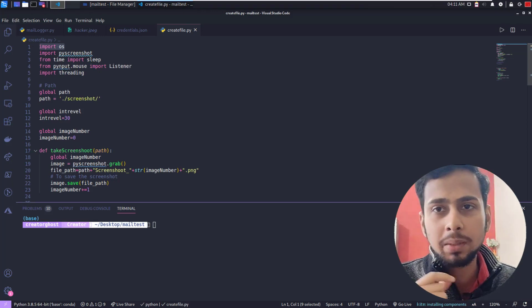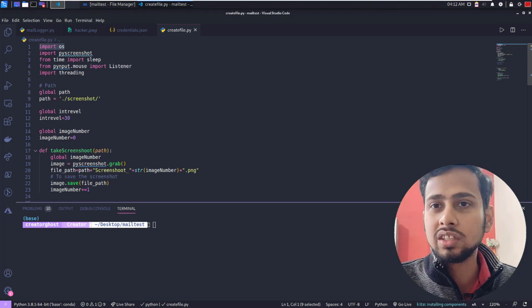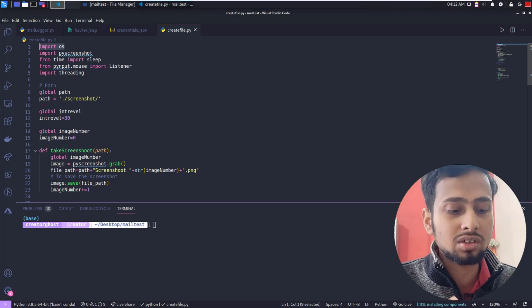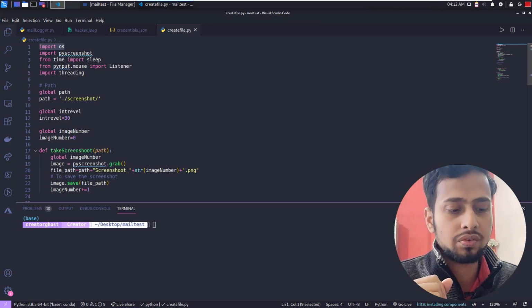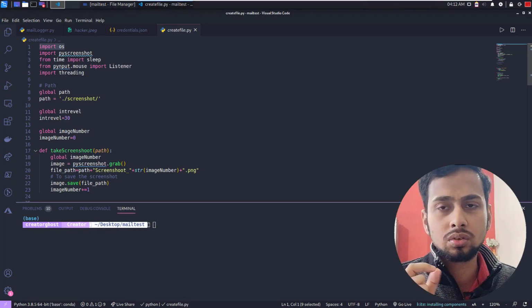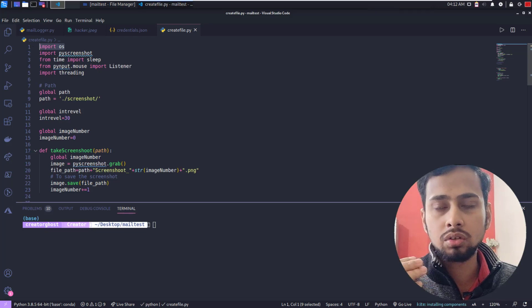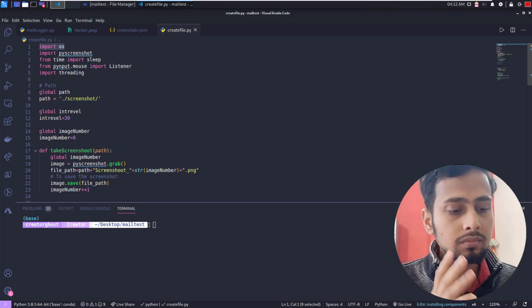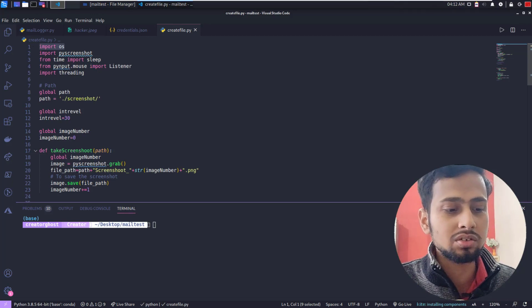Then we have imported PyScreenshot. In Python, it has been made very easy to take a screenshot. You just use this library and you can capture a screenshot. Then I have used from time import sleep, that is just to pause our code if we want to delay the screenshot. Let's say we want to take a screenshot every 5 minutes or every 10 minutes. We can use the sleep method, sleep till then, and once the time is there, capture the screenshot.